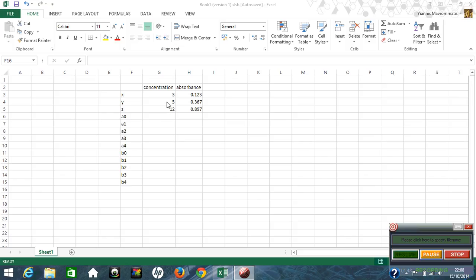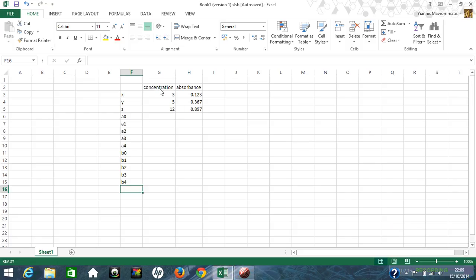And you have to use these numbers and the absorbance readings for your A's and B's in order to identify the concentration. That's the main point of using the standard curve. So the first thing that you need to do is to create a graph based on the values from X, Y, Z from your standards. And the way to do this is to